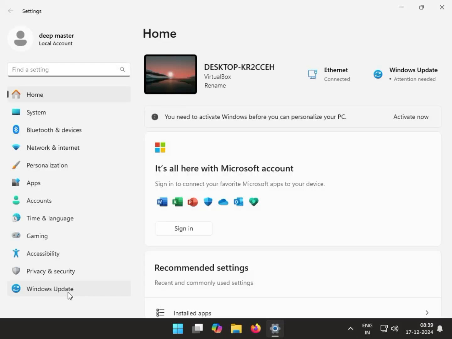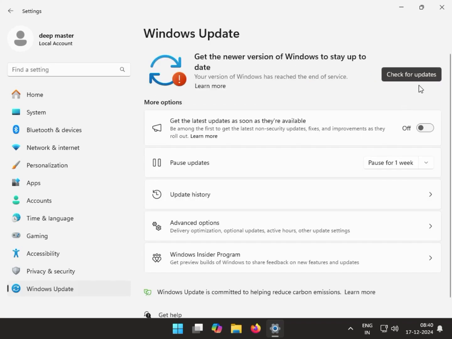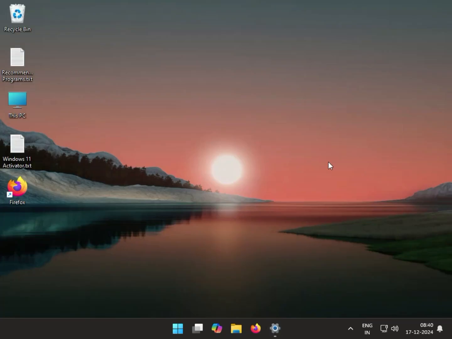Then click Windows Update. Then click check for updates. So guys, if it shows any new updates, like KB series and driver updates also, you have to first download and install them. Okay. Next method,